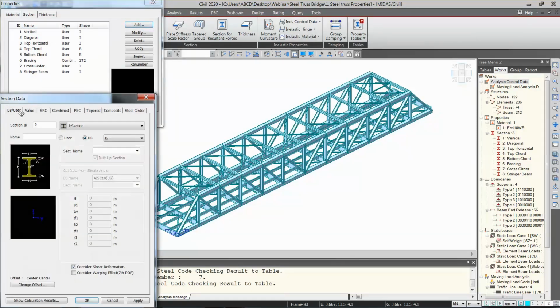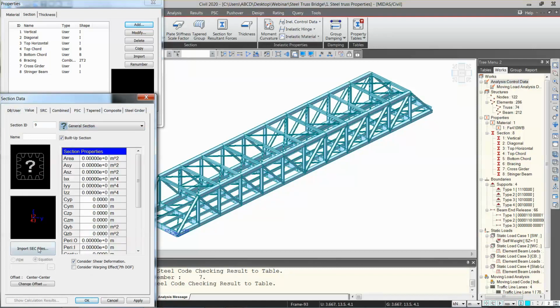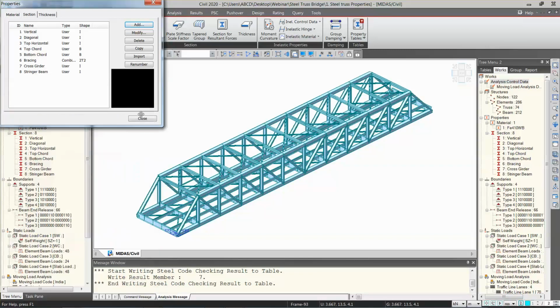So this is the database tab. Okay, if you define the value and if you import it from the SPC using import section files, for these sections you can extract the result analysis data, but the design is not possible in the software. Okay, so you have to make sure of that.